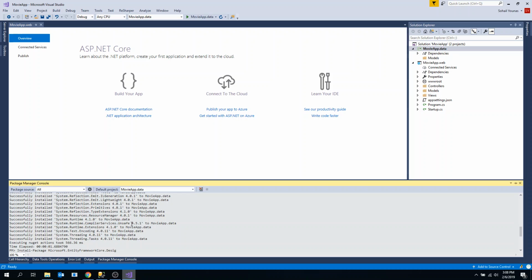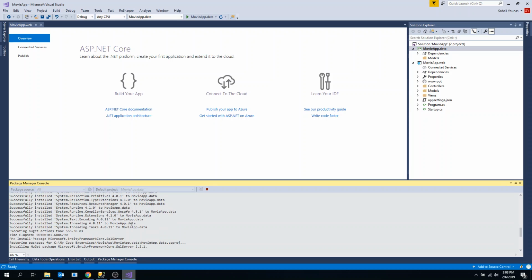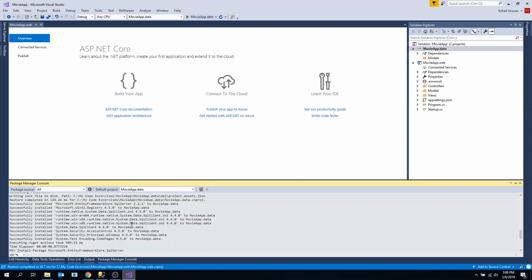The second package which we need to install is Microsoft.EntityFrameworkCore.SqlServer. Once you install that, the next step is generating those Entity Framework classes inside the folder models. So we need to run a command which is called the db scaffolding command,